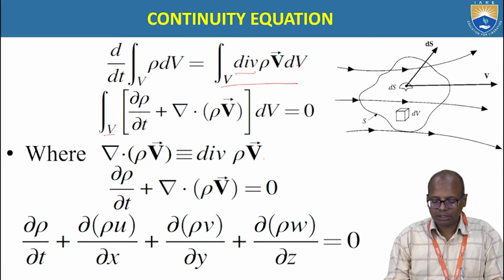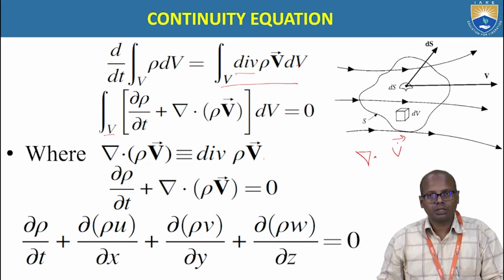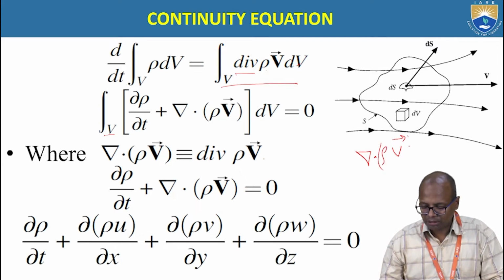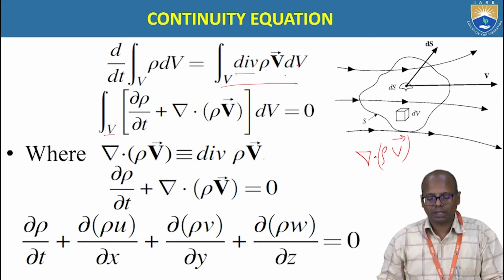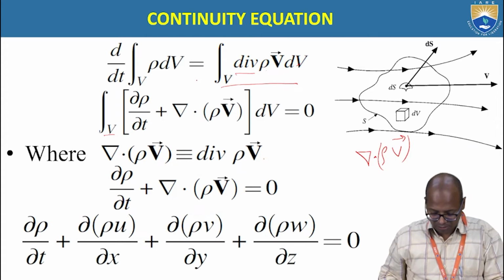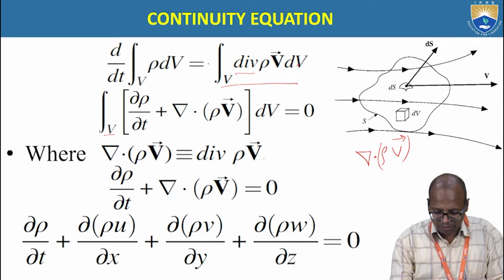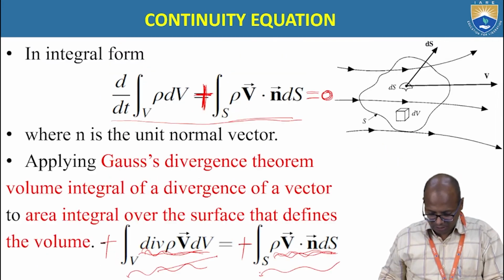What is the divergence of rho v? Divergence of V is del dot V bar. Now the divergence of rho v is del dot rho v bar. So that is the meaning of divergence of rho v bar. Now if I do that, what happens? What am I doing here? Here it is a minus 1, because what we are doing is